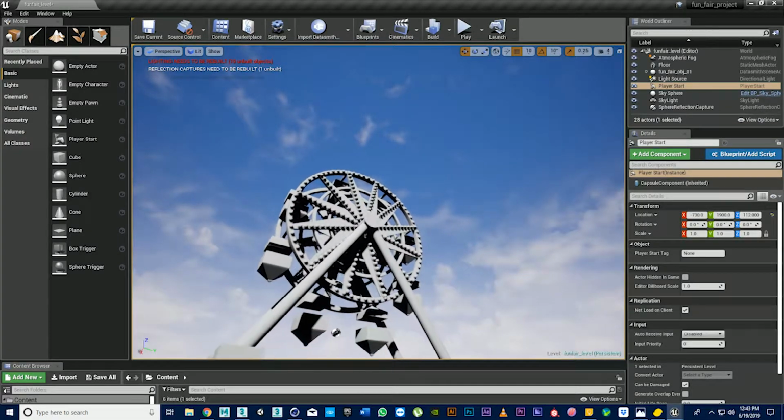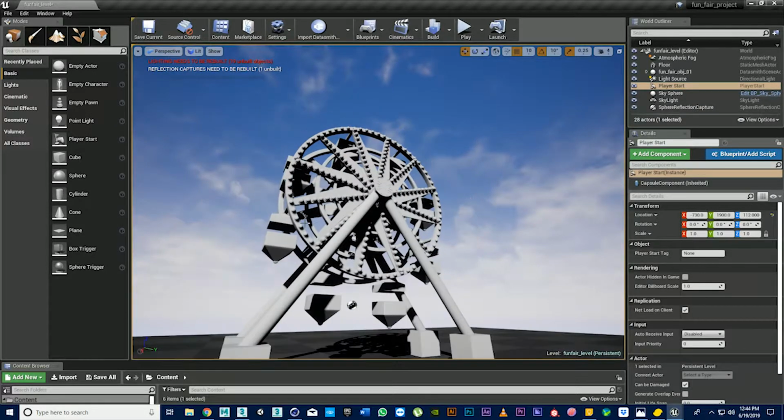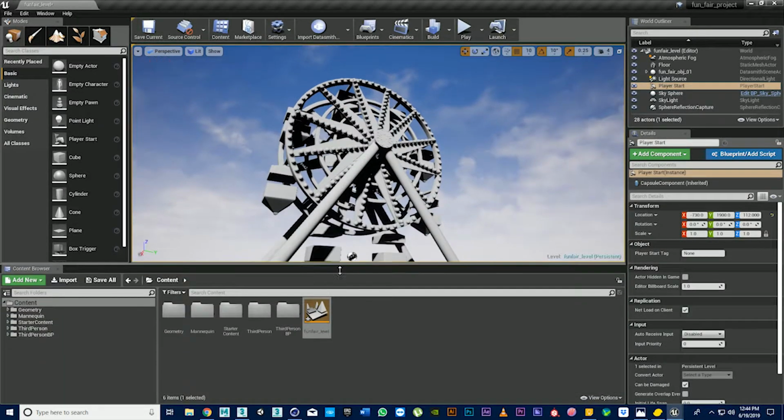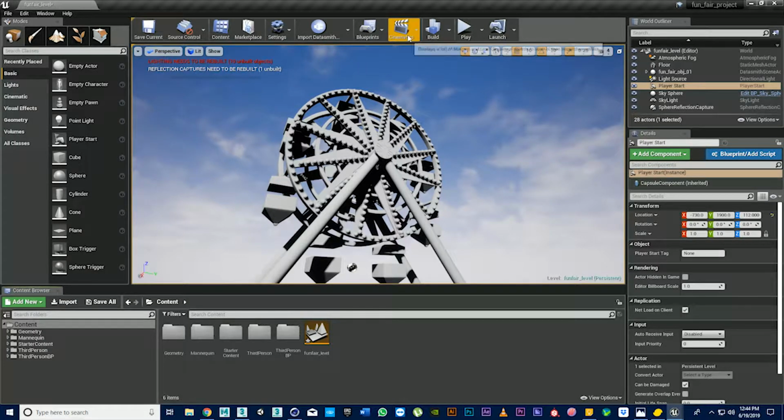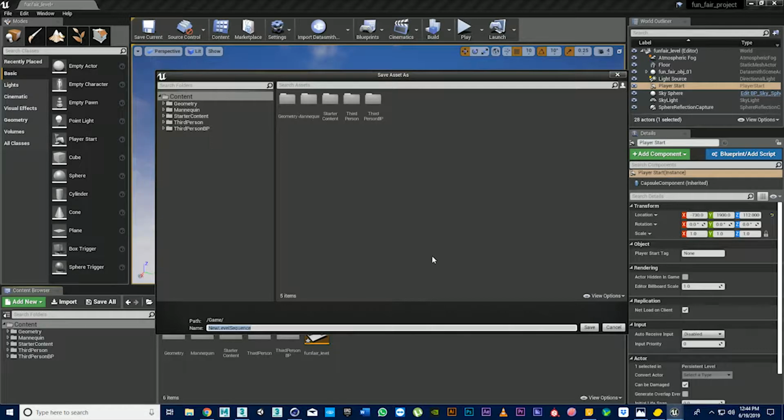Now there are two things mainly in Unreal Engine we need to do: first animate this, then texture it. So let's go and make some animation. I'm going to cinematic, add level sequence, click on it, save it wherever you want to save it, or you can make a new folder and call it animations and double click on it and save your animation. So I will name it rotation underscore animation